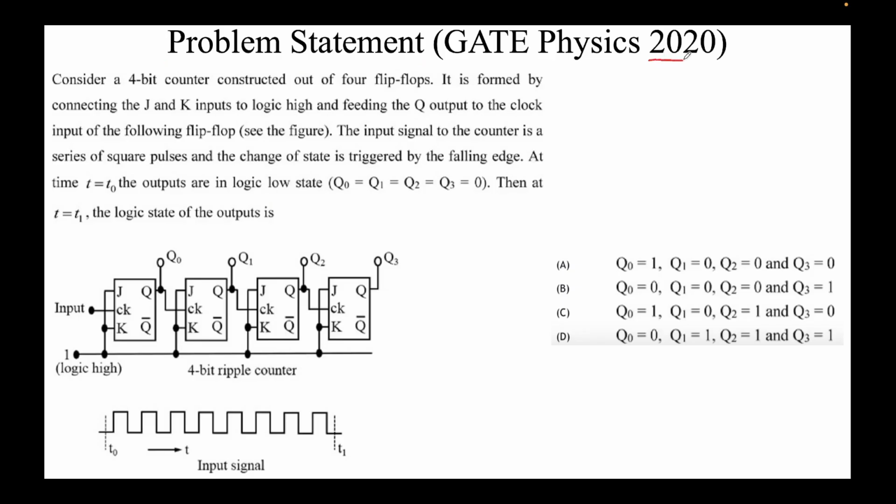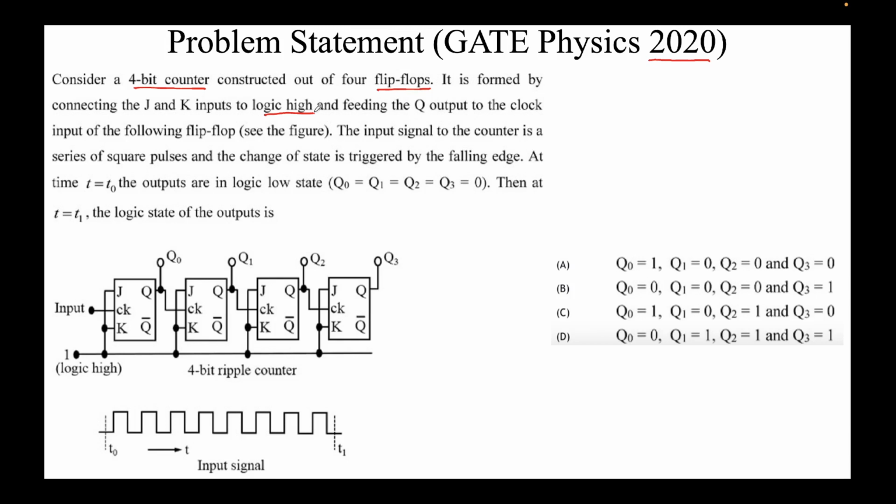The problem statement from GATE Physics 2020 reads as follows. Consider a 4-bit counter constructed out of 4 flip-flops. It is shown by connecting J and K inputs to logic high and feeding the Q output to the clock input of the following flip-flop. See the figure. So you can see that this circuit has 4 JK flip-flops with their outputs being Q0 to